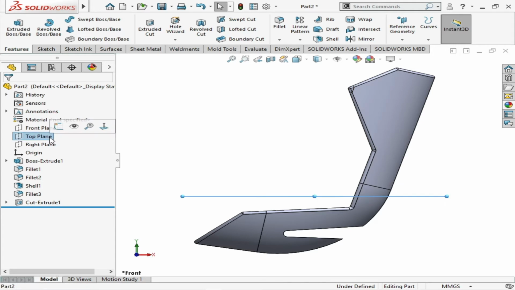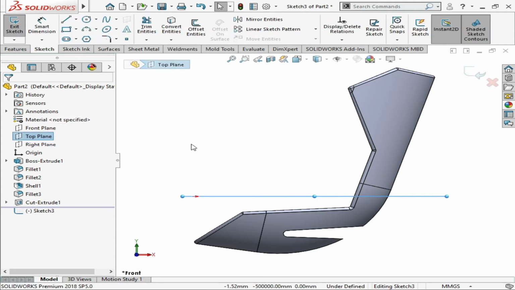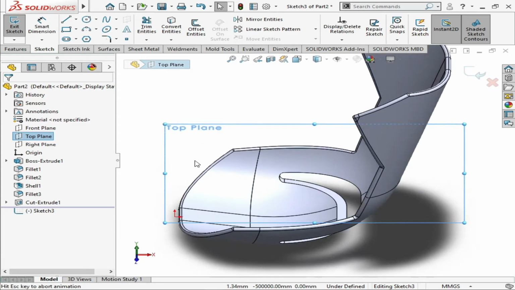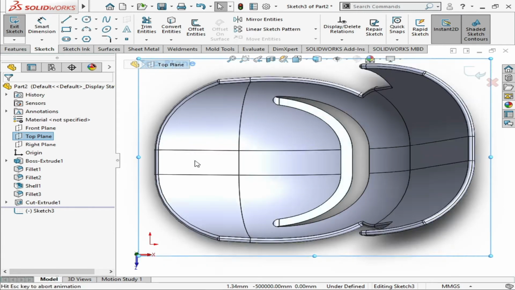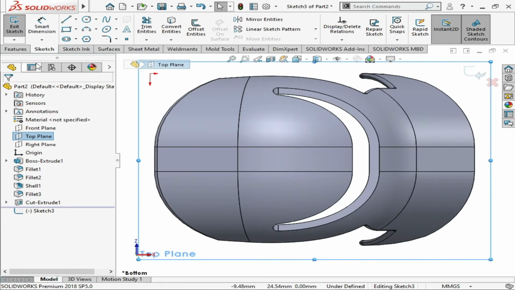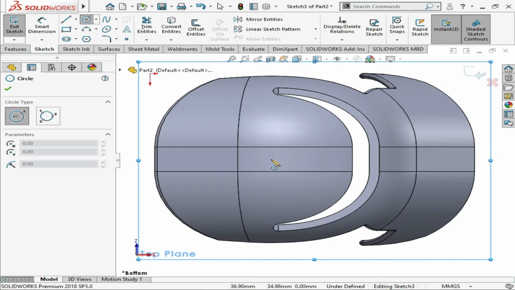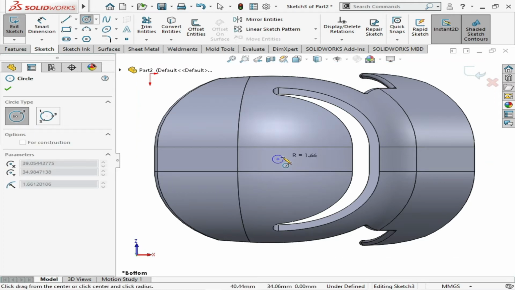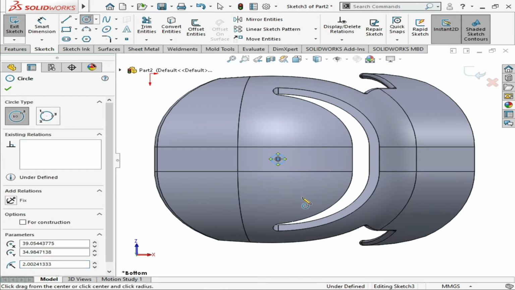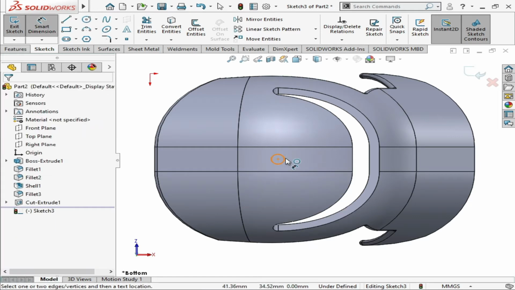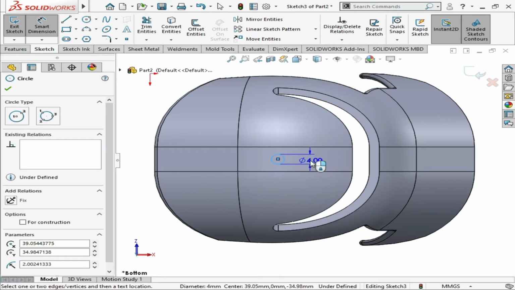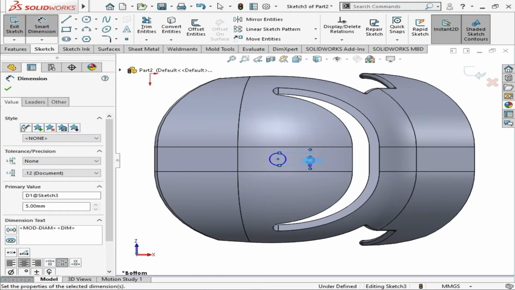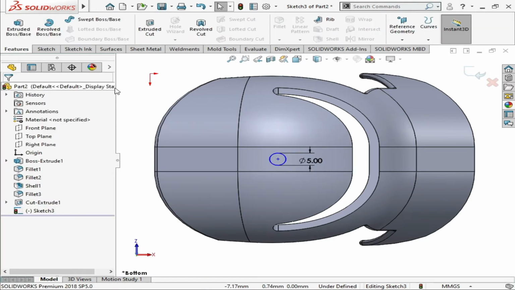After that we are going to make the bottom portion or make the base. We will click Control 8. It is the upper portion, Control 8, so this is the downward portion. After that we will simply make a circle. You can assign it any diameter by right clicking and using the dimension tool and giving it any dimension, for example 5. Click OK, click features.